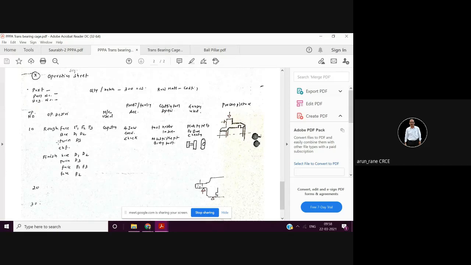So here you are writing: rough face F1, F2, F3, then rough bore, then rough turn D3 here, then chamfer, then finish bore, finish turns, whatever operations you are doing in first setup. Then the machine used, what tooling you are using, what cutting tool, what gauges, and then the process picture. So this process picture means you have to draw the drawing.